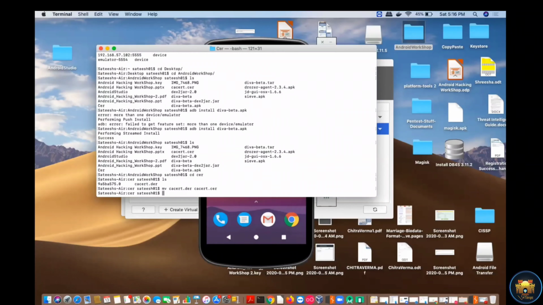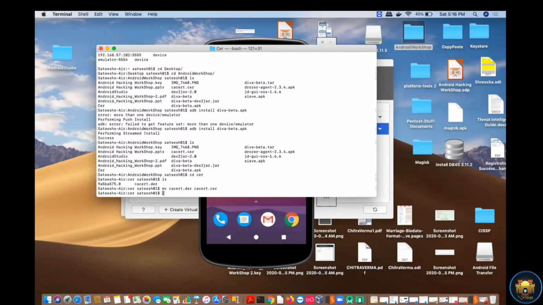So our next step is to push this particular file into your Android emulator. So how will we push? As I told you, we will be using the ADB command throughout the session. So we will use ADB to push this particular file.